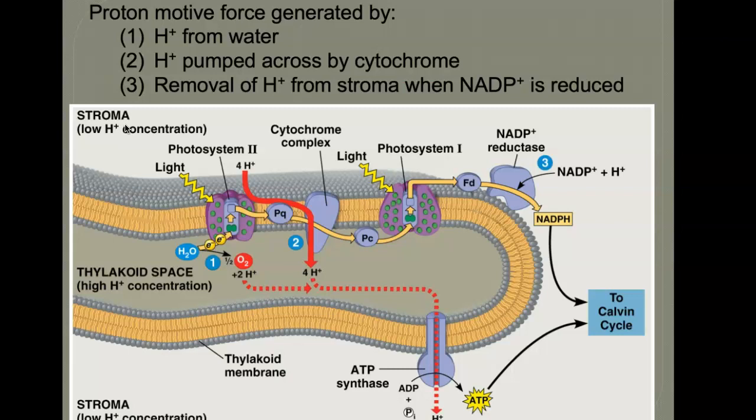The electrons get re-excited. The goal of the light-dependent reactions is to generate the electron carrier NADPH and some ATP for the Calvin cycle, for ultimately glucose to be made. So the purpose of the light-dependent reactions, again, is for that NADPH, which is going to go to the Calvin cycle, and ATP. Now at the bottom you can see an ATP synthase, an enzyme that directly generates ATP